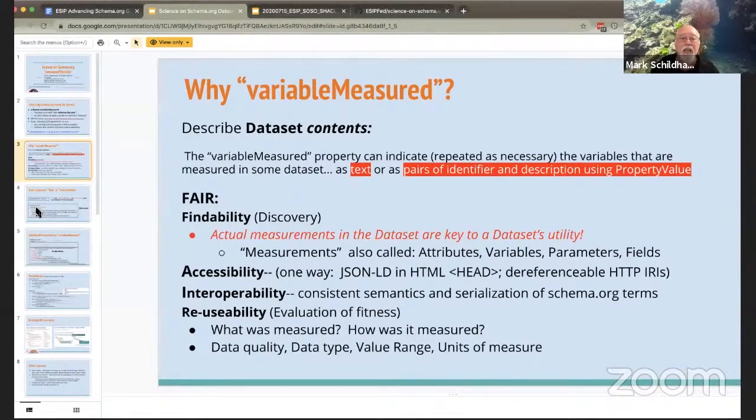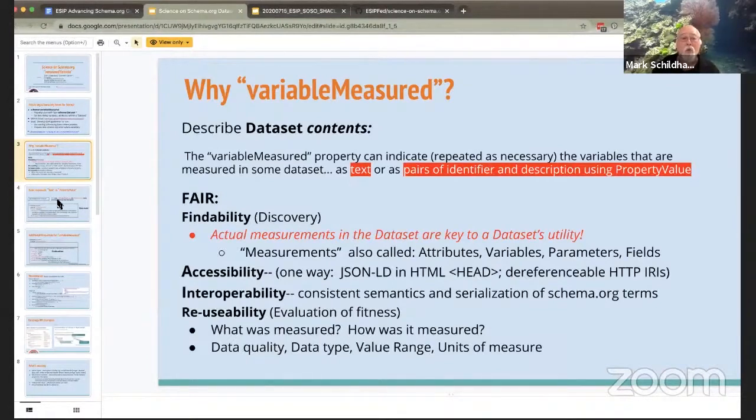Just briefly, on accessibility, there's been a lot of talk. We're assuming here that it's going to be serialized into JSON-LD, potentially exposed in the head of an HTML page, and there's going to be extensive use of dereferenceable HTTP IRIs. We believe interoperability is enhanced because schema.org does provide some consistent semantics, and with that serialization, we get some really nice interoperability value.